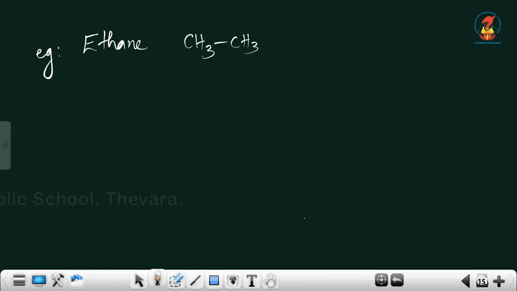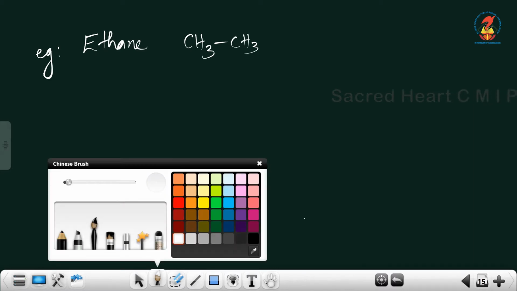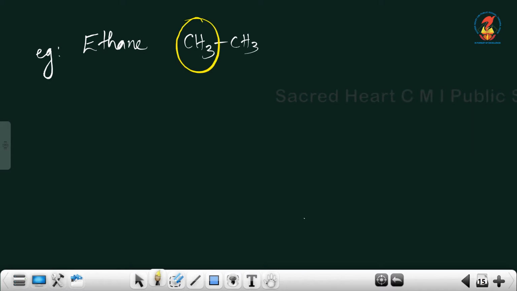What we can represent is only the carbon-carbon bonds, whether it is double, single or triple. So how can we represent this ethane? This carbon and hydrogen we cannot write, this carbon and hydrogen also we cannot write. What we can draw here only is,